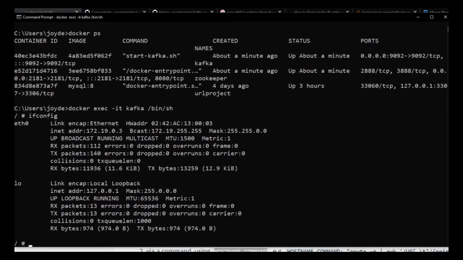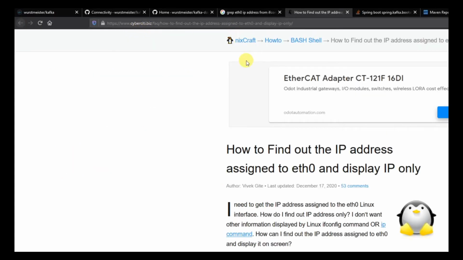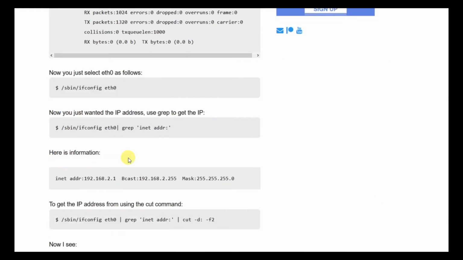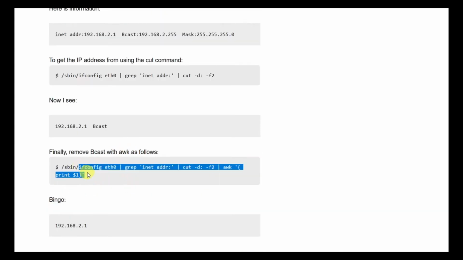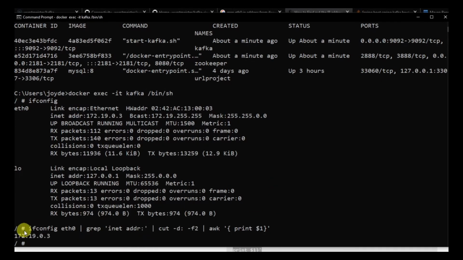If I do an ifconfig over here, you can see that my IP is present, 172.19.0.3. We need to grep and get this out and set it there directly, right? Interestingly, I found a topic on the web, on the site cyberciti.biz, that actually shows how to get this done. I highly recommend you go through this tutorial and understand how he's grepping and getting things done. So we are going to get hold of the command that he has given us, and we can get the IP address from this container. If I run this over here, you can see that it's extracting this out, right?